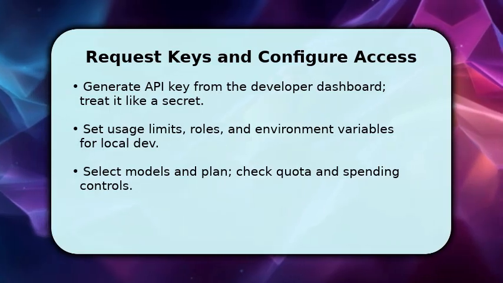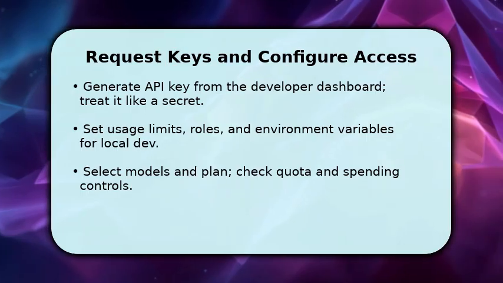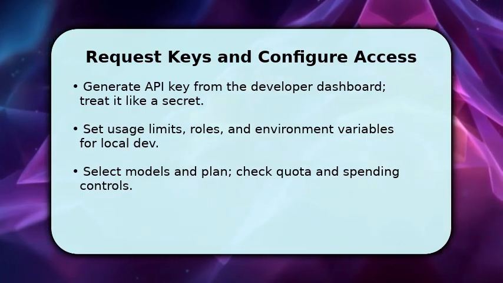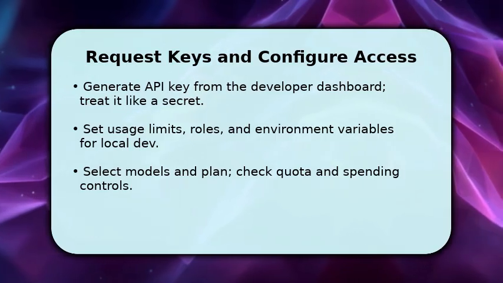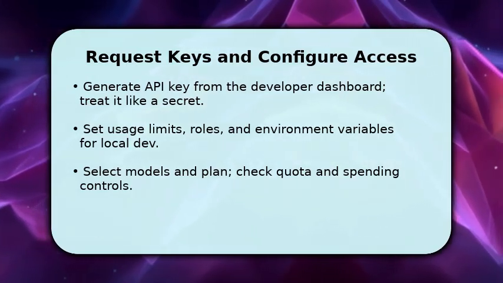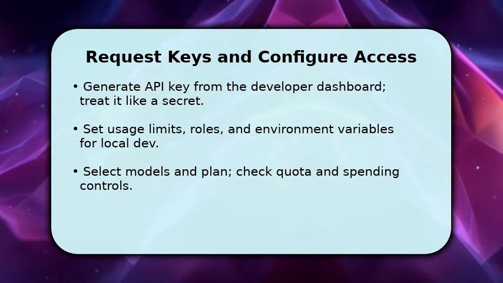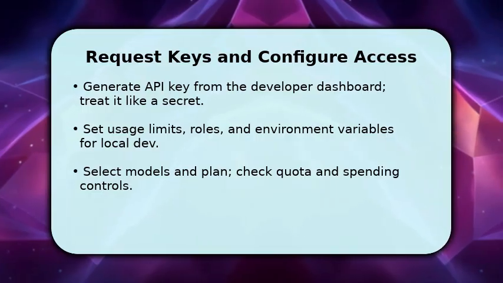Next, configure access controls. Create roles or projects, set per key usage limits, and enable spending caps to prevent surprises. Then pick the appropriate model and plan that match latency, cost, and capability needs. Once configured, test a simple authenticated request from a safe local environment to verify the key and settings are working